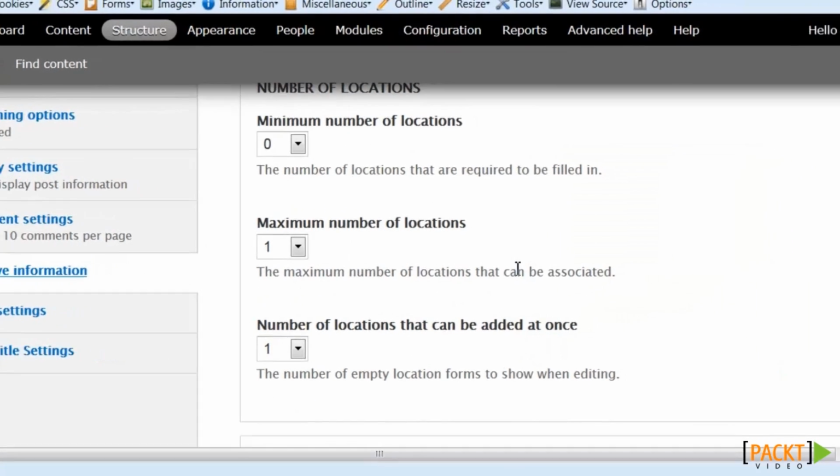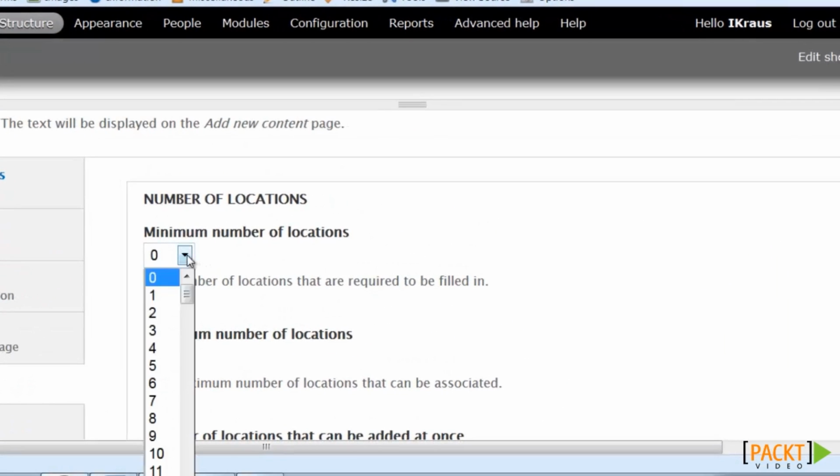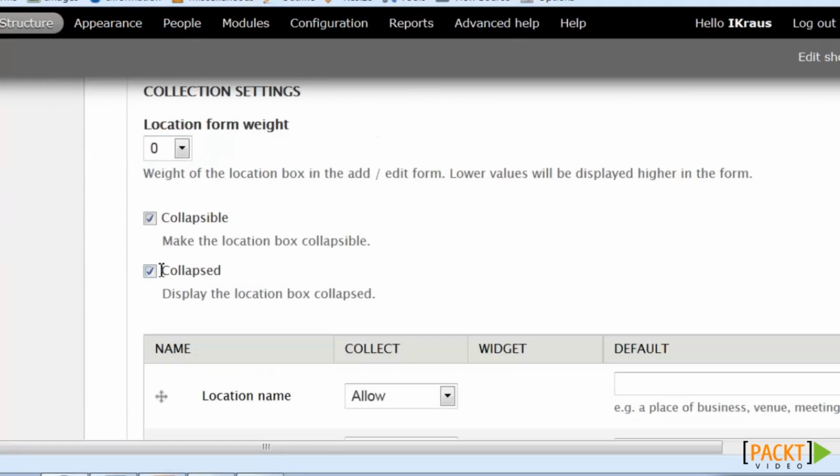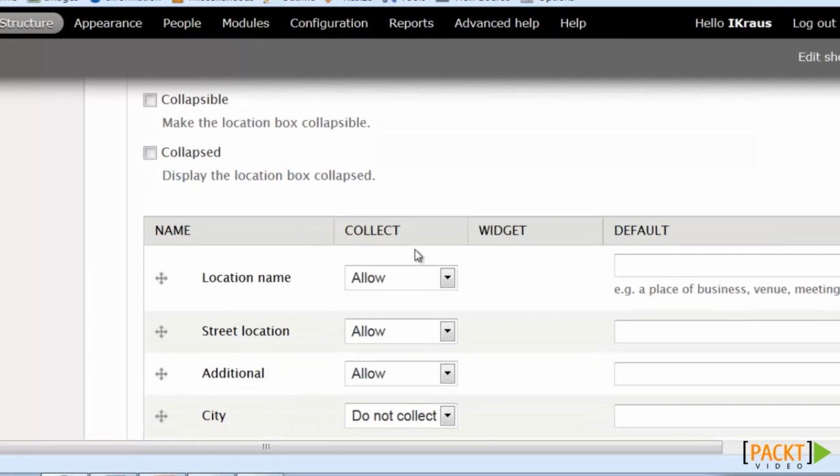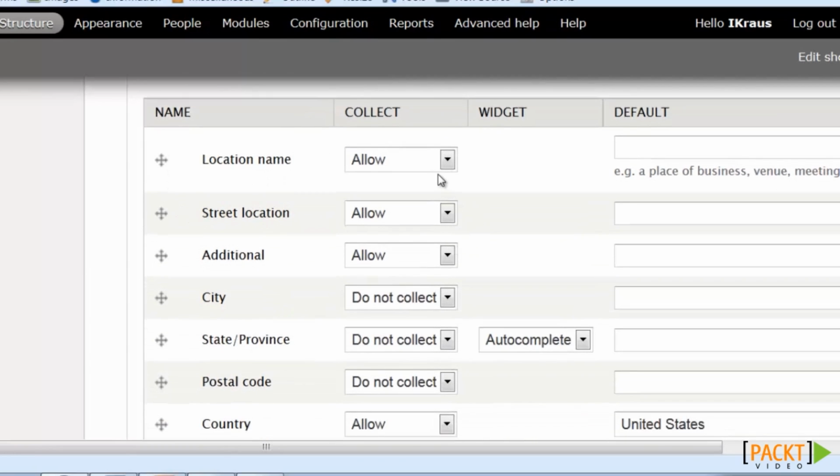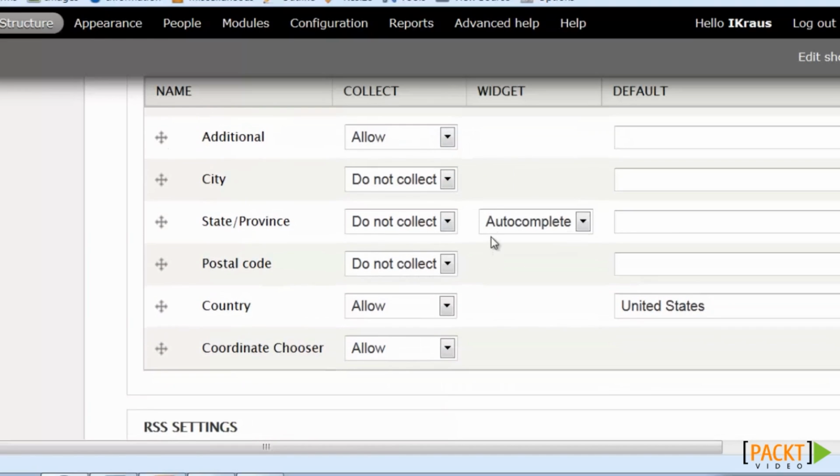Now, under Location, we do want to collect the location for the events. And no, we do not want to show it collapsed nor allow it to be collapsed. In this case, yes, we are requiring the location name and street address. I'm going to leave that set to allow because not all events will have an additional line for an address,